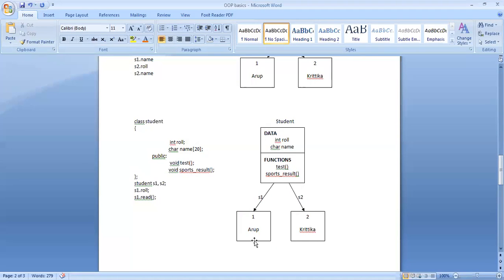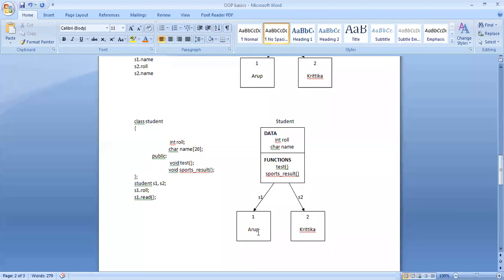to those data. Okay, you have to read values, and please remember that inside objects we don't have functions. Functions are always defined inside the class. Objects will only have copies of their properties, and the functions that all the objects of this class will exhibit will be described inside the student class. Okay, inside the class, and these functions will be shared by all the objects.